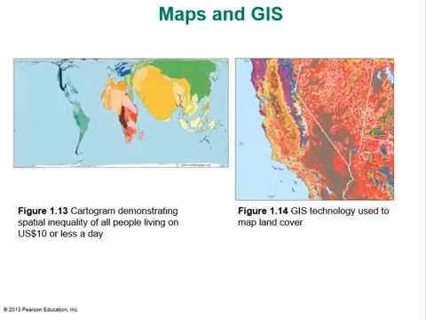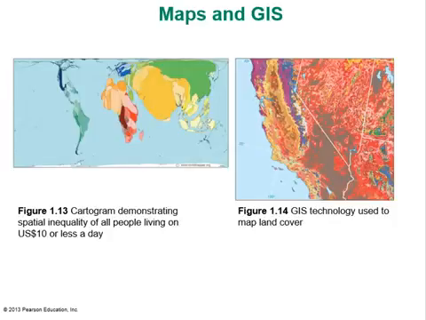One of the neatest areas of geography right now is sort of the home, if you will, of GIS, or Geographic Information Systems. It's a really exciting field, along with remote sensing and aerial photogrammetry. What's neat is that we can make maps now using remotely sensed data to show lots of different things. So figure 1.13 is a cartogram that demonstrates the spatial inequality of all the people living on $10 or